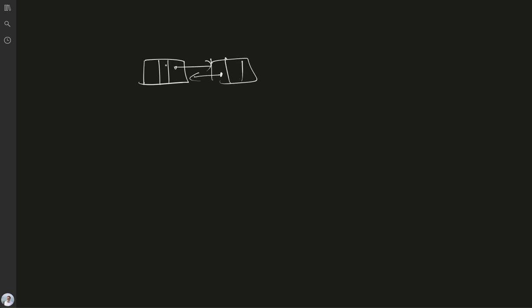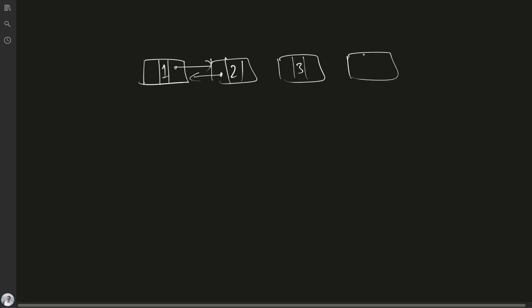So let's say we have values 1, 2, 3, and 4. Let's say we have these 4 values stored in a list, so they will be stored in a doubly linked list. That means each node would have a pointer to the next node and a pointer to the previous node. Now a thing which is different in STL from the normal bookish approach is that STL uses